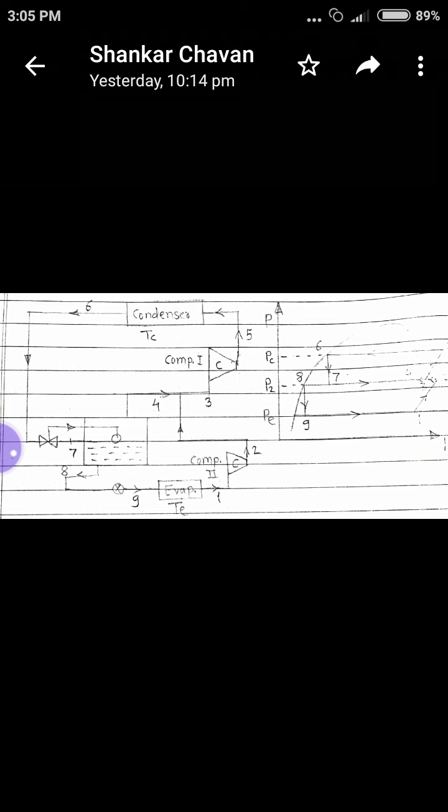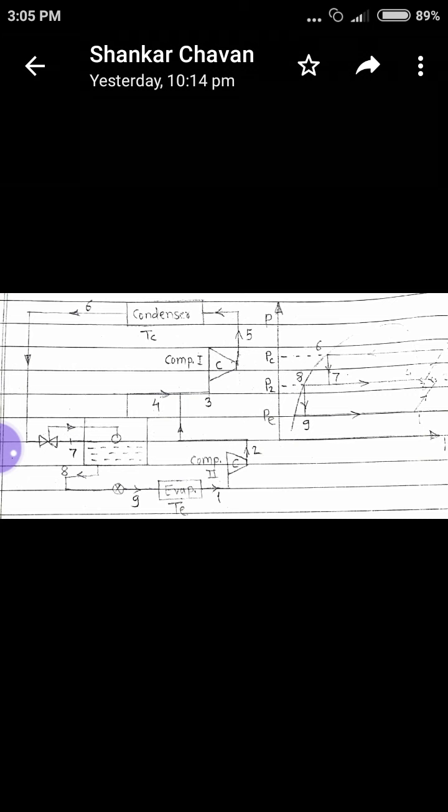From point 8 to 9, that refrigerant is again expanded with the help of the second throttle valve, that is only liquid refrigerant expands with the help of this second throttle valve, and after expansion it enters into the evaporator, and in the evaporator it produces cooling effect. Again at constant pressure heat absorption takes place, and that refrigerant absorbs latent heat of evaporation in the evaporator and produces the cooling effect.